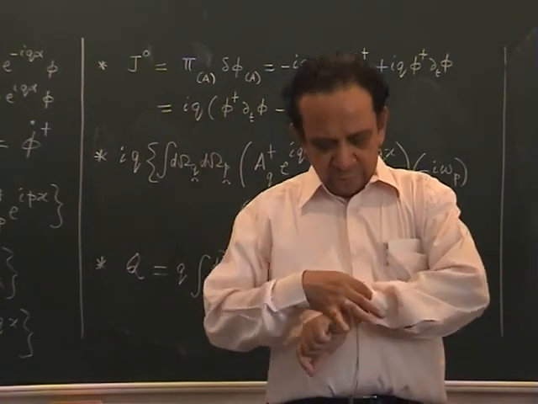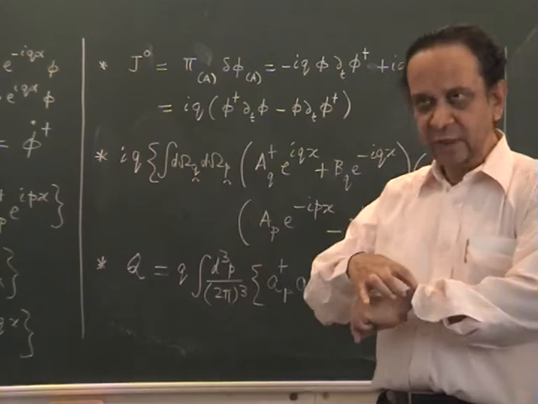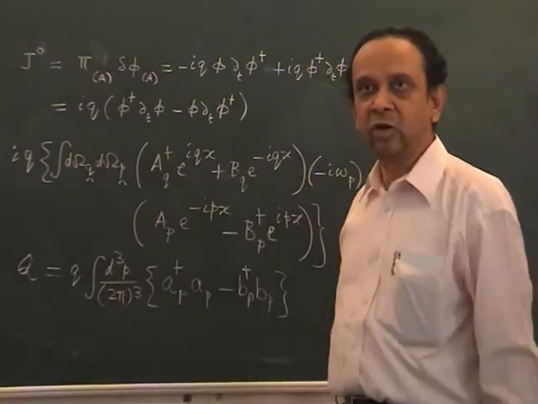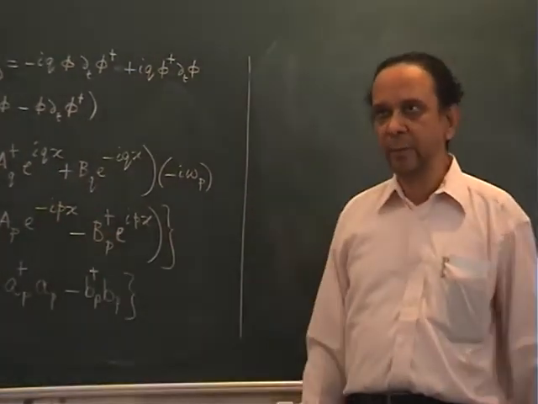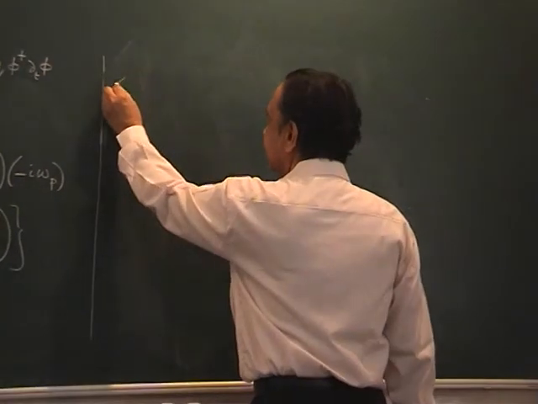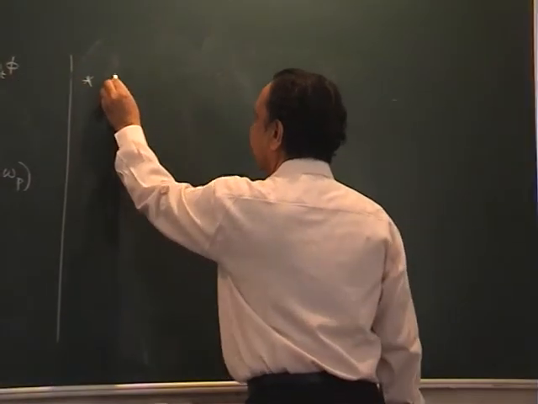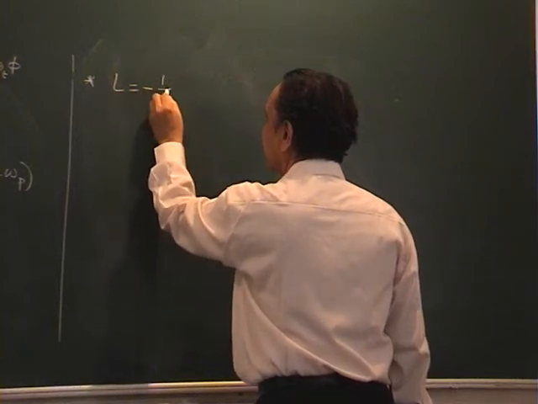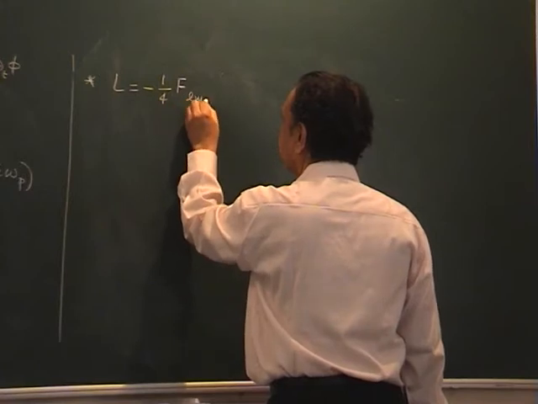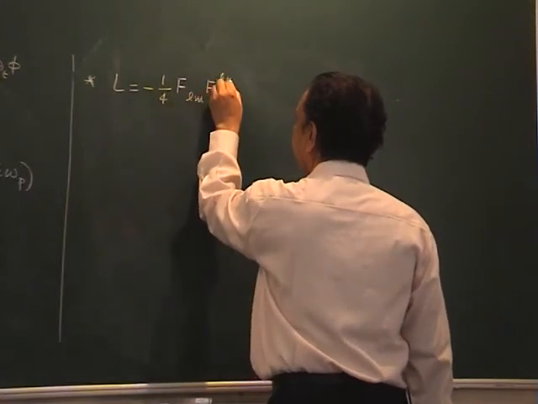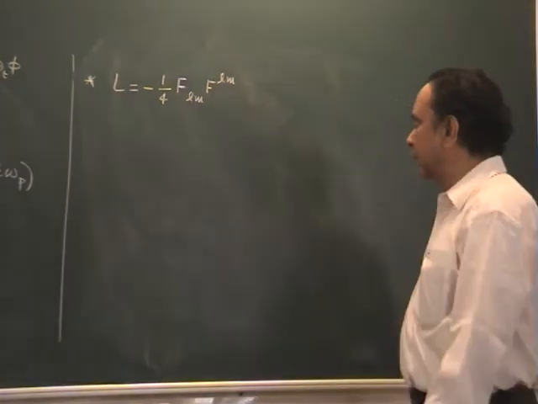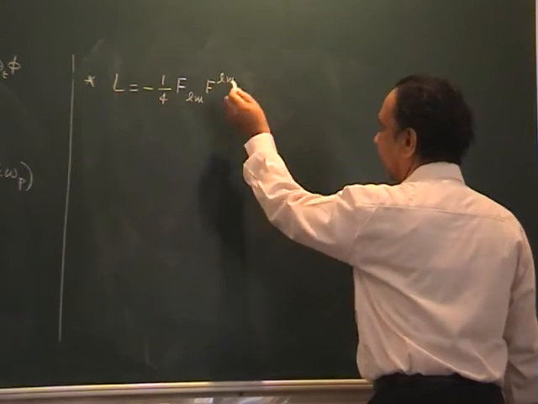Now, I wanted to finish a little early today, but we have some time to just introduce the electromagnetic case. That is how I want to talk about the complex scalar field. The rest of it you should be able to work out. Now let us look at electromagnetism. In electromagnetism, just like we started with that Lagrangian there, the Lagrangian we want to start with is minus 1/4 F_{μν} F^{μν}. And we had already seen that this of course corresponds, in some gauge at least,